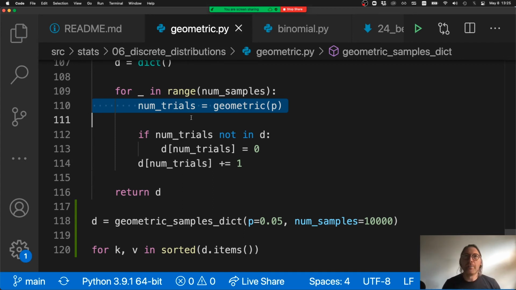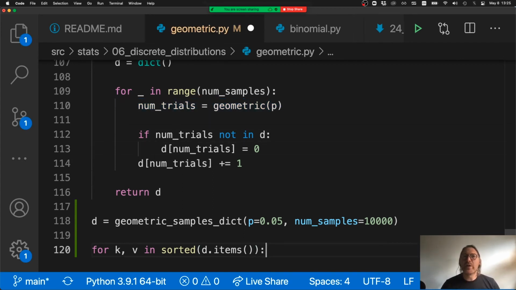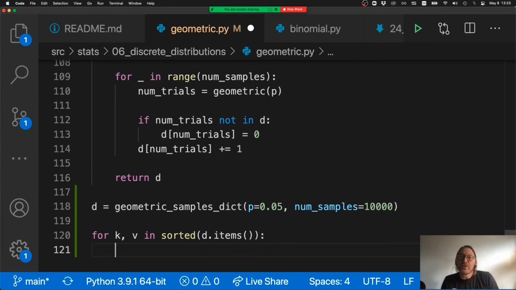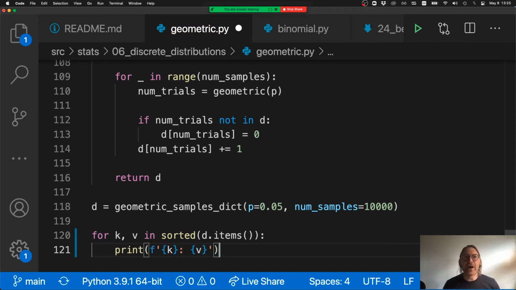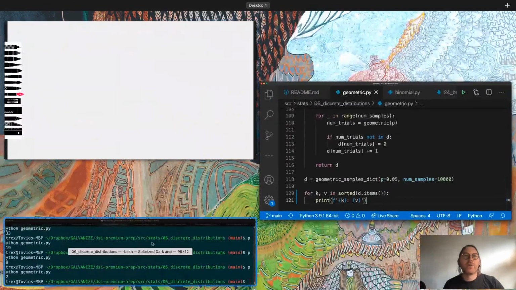So in that sense, we are not guaranteeing the order that would be convenient for us, and so we'll go ahead and traverse this in a sorted way instead. So again, this is that other recurring pattern that has an F string, and we pass in the key and the value. And if we print this out,